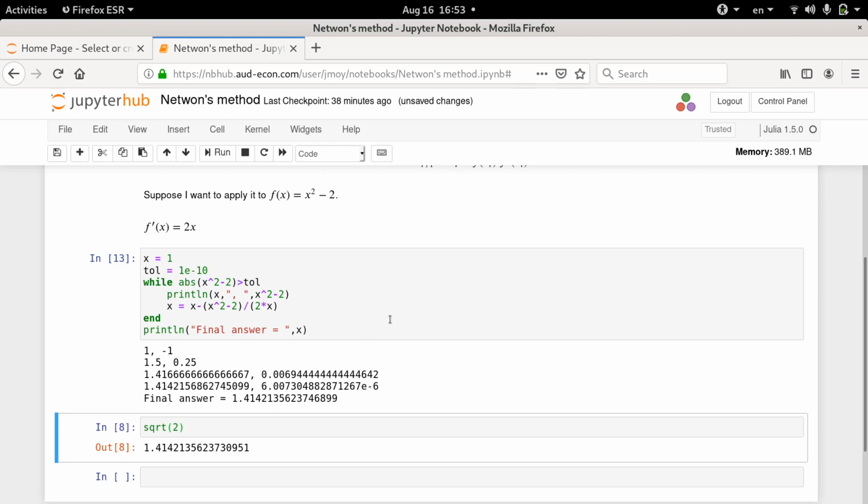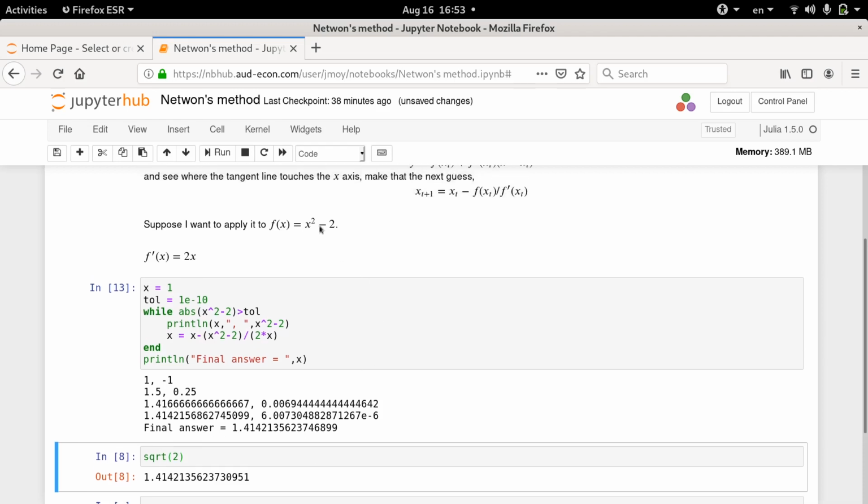So this is one way in which you can solve a nonlinear equation. We solved a single equation like x squared minus 2, but you can try to think of a more complicated equation. The good thing is that if your initial guess to start is a good one, then you converge to the answer pretty quickly. We wanted accuracy up to 10 to the power of minus 10, so 10 places of decimal, and we got that in only 5 iterations of the loop. So if you are close enough to the answer, then Newton's method will converge pretty fast.